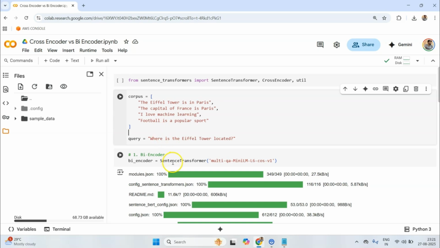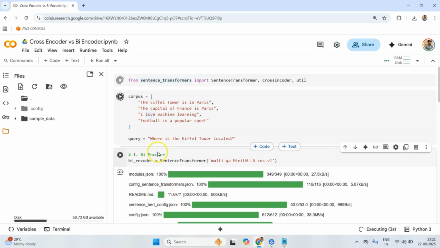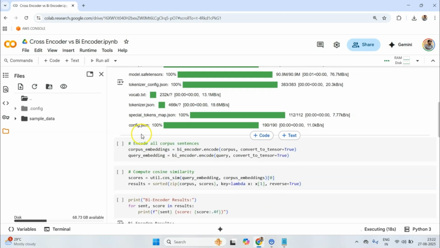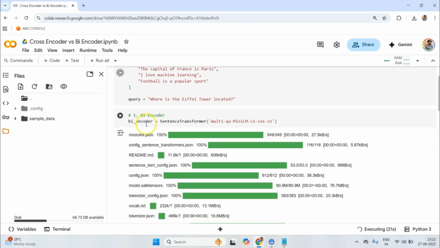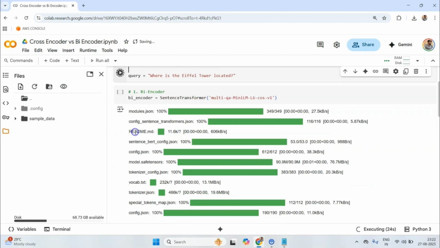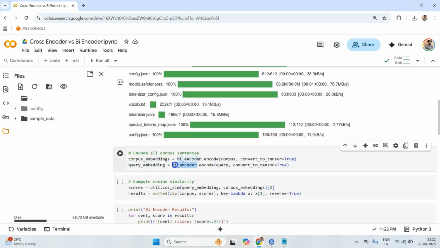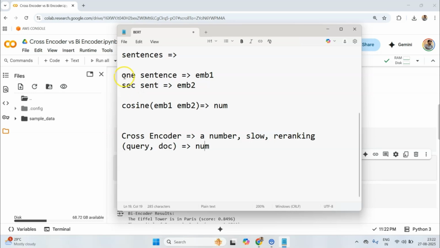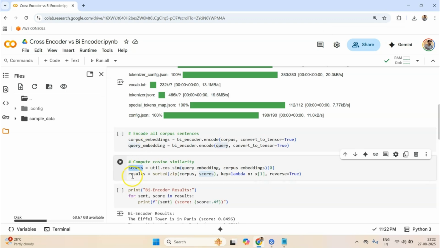So now what we do is we define this. Let's import this library and let's also run this, and then we will get this model, which is multilingual multi QA MiniLM. Let this import process get completed first, and then let's look at the code. We will compute the corpus embedding, which means we will produce the embedding for each of these sentences, and then we will produce a query embedding, that is the embedding for the query, and then we will compute the similarity. As we discussed here, we compute embeddings for each of our sentences and then we compute cosine similarity. Okay, and then we store this in results.